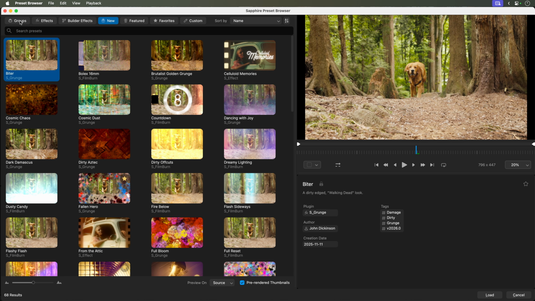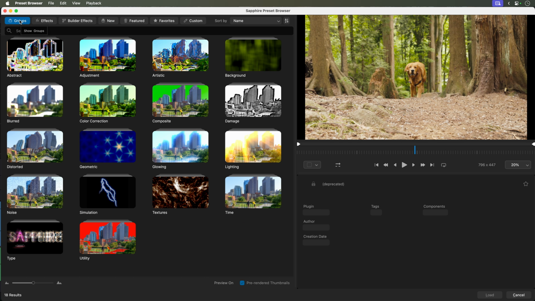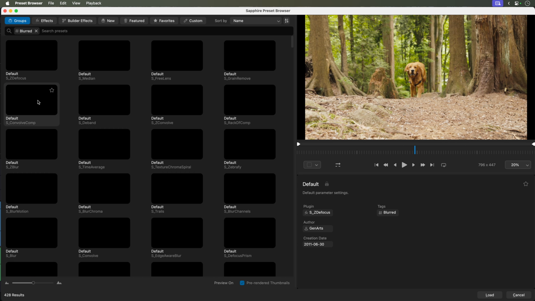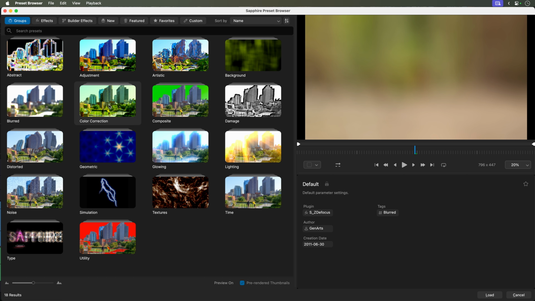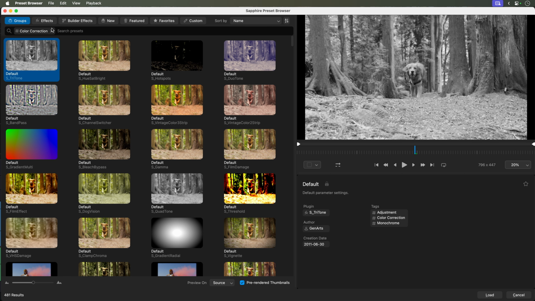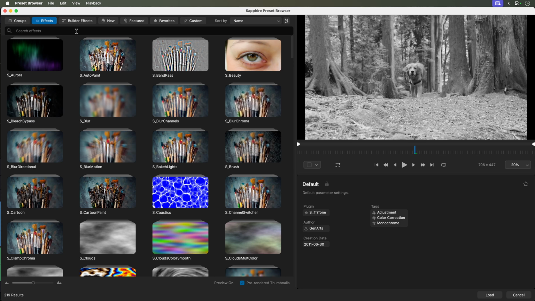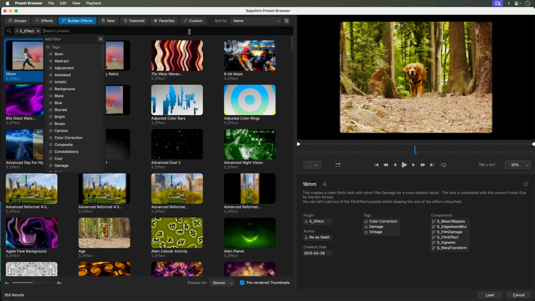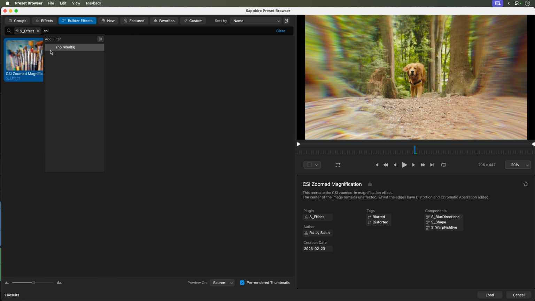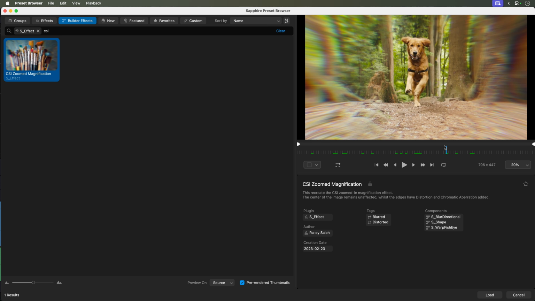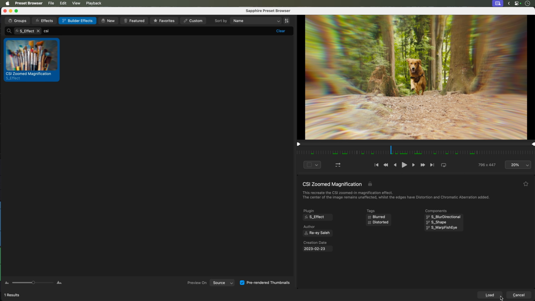Now, if you've used the Sapphire preset browser with any other Sapphire filter, one key difference is that this preset browser shows every preset in the Sapphire collection. So you can look at all the blur presets, or you can look at all the color correction presets, and so on. With literally thousands of presets, you also have the ability to filter and search for what you need. It's also handy to be able to preview presets before applying them. We'll dig into the presets browser in much more detail in a future video, but for now, you can load